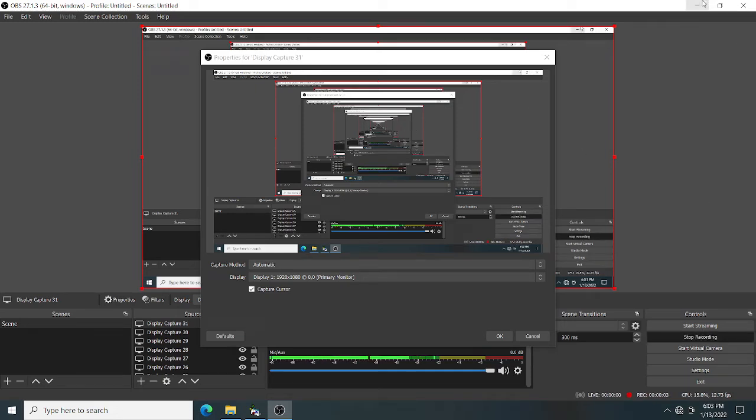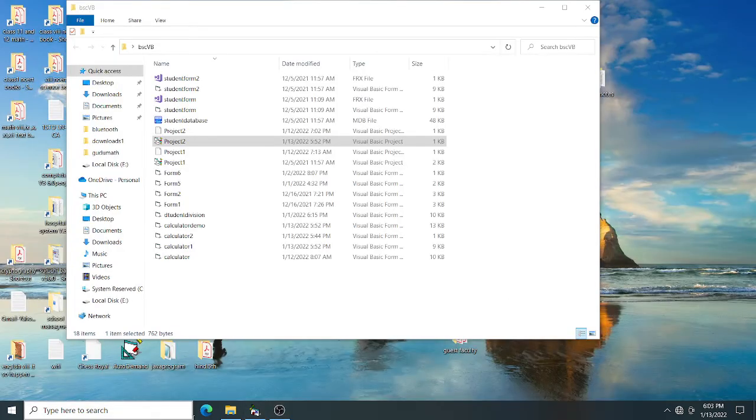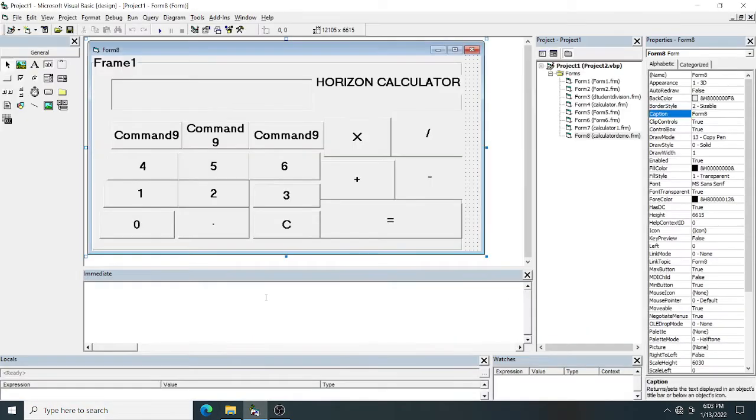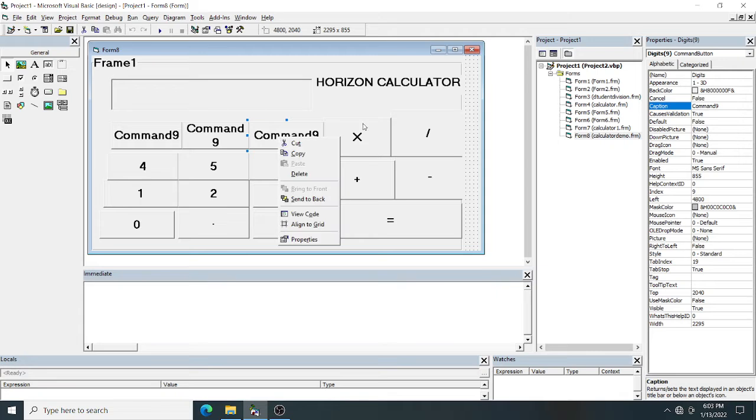In this session, we are going to learn the coding for the simple calculator problem. Okay, last class we stopped here. Now this is your control array. I am going to type the remaining digits. I can see here command 9, so I can start from 4, 5, 6. This is digit 7.